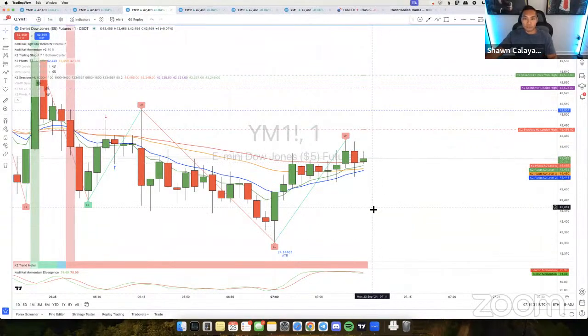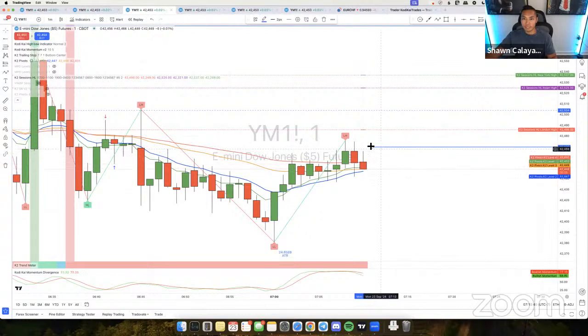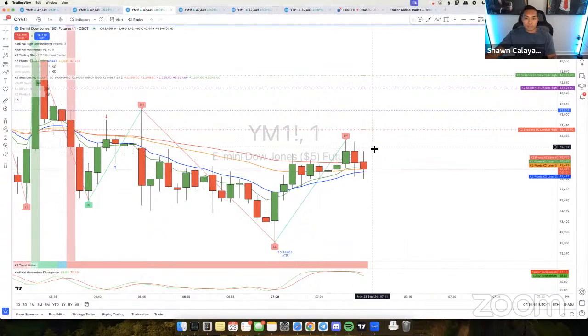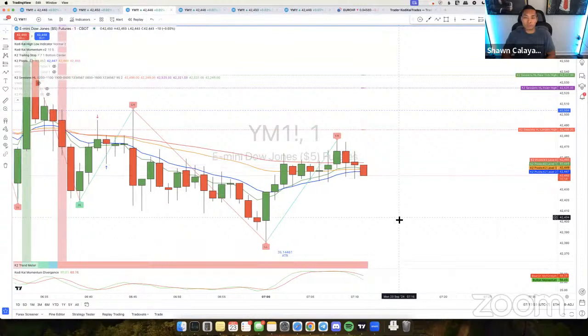So I like using limit orders versus stop orders because you get in at an exact price. If I put a limit order right here and I want to get in at 470, it's going to have to fill me at 470. It's not going to get me above or below. It's going to get me exactly at that price. And that's the main reason why I made the adjustments. I'm just making small adjustments to the strategies that we're already doing so that we have better entry points and we all can get in at the same price. So there's no confusion about where entry was happening.